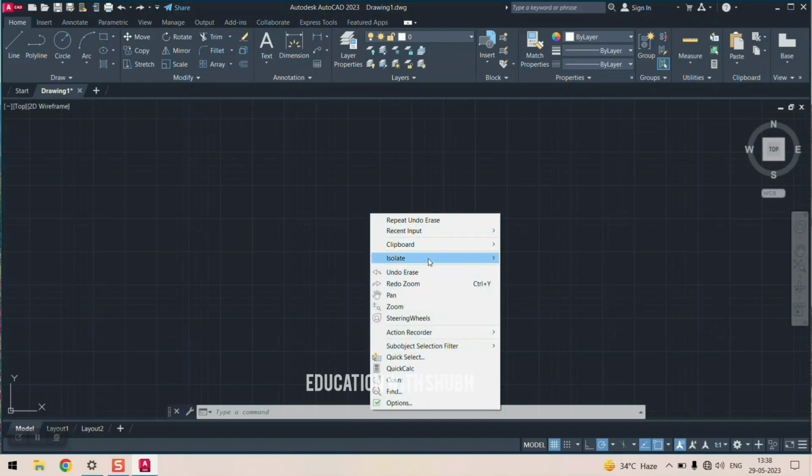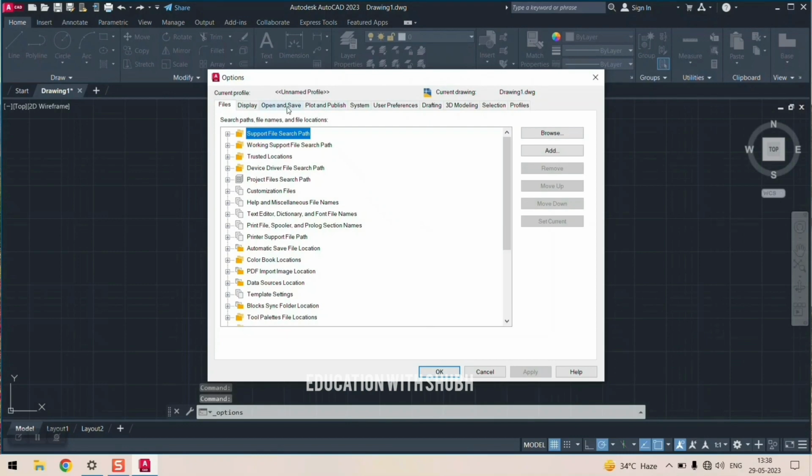There are certain options like isolate objects, hide objects, and end object isolation. Redo zoom, pan, zoom, steering wheel, quick select, quick calc, quick calculation, find, and options. Options, basically, this option we can access with the help of the command line also. I will show you that. Okay,